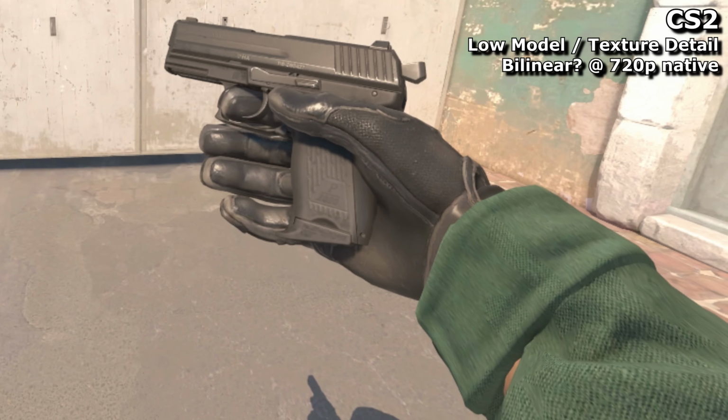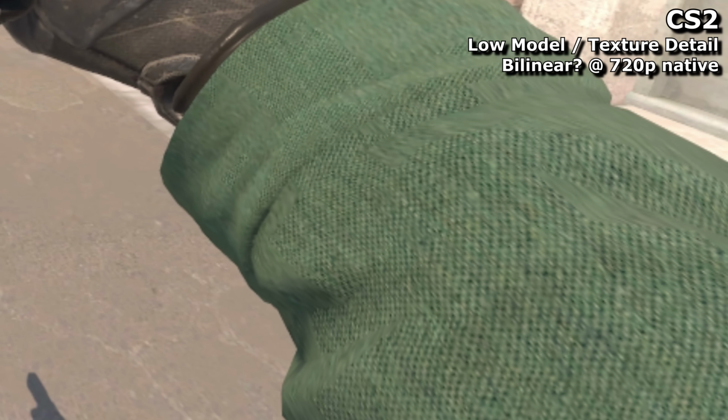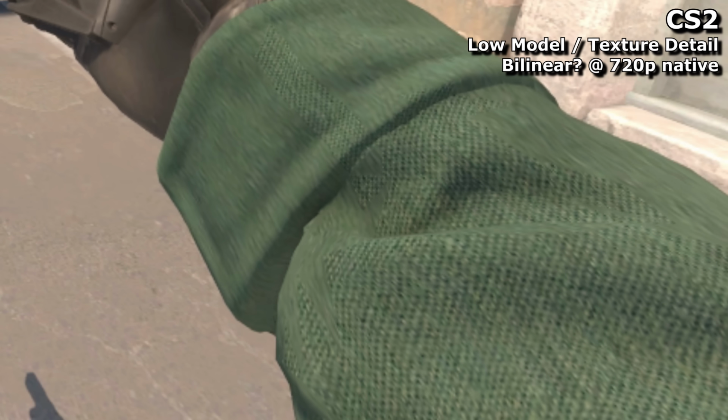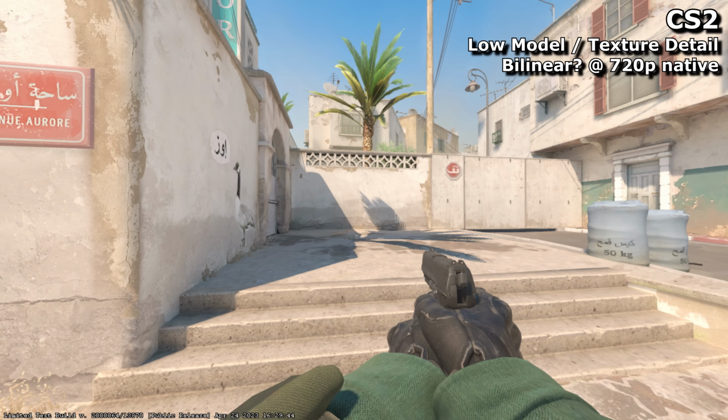At lower resolutions, it drops part of your hand model down to a lower resolution, which itself would be okay were it not for the high resolution versions right next to it. Look at this! I can draw where the transition occurs. Not that I have to, since it's pretty obvious where it is already. So this happens on low and medium texture preset. In a game from 2023, it's particularly evident on this green fabric, and it can be mitigated by running the game at a higher resolution or simply by using the high texture preset instead.